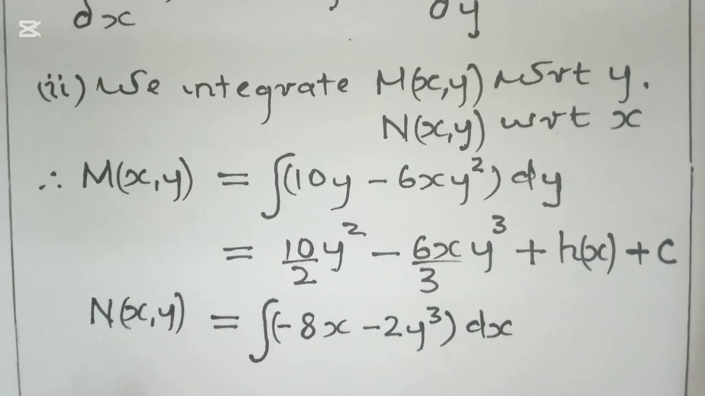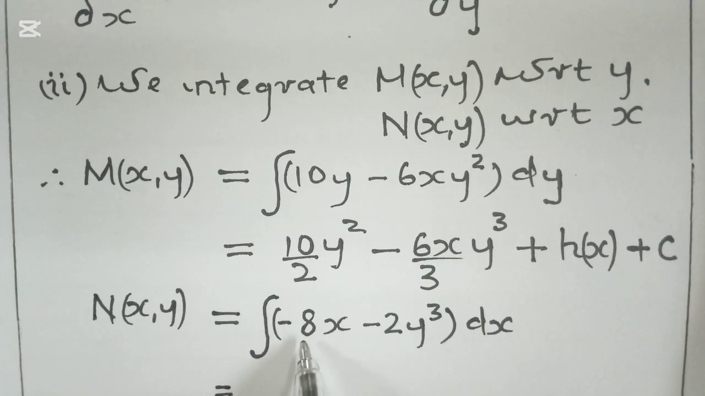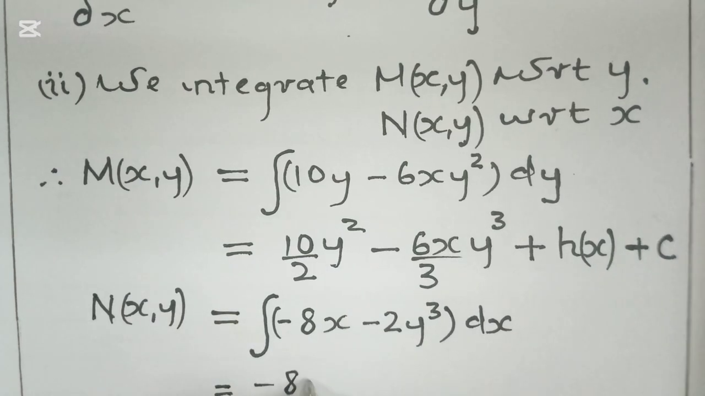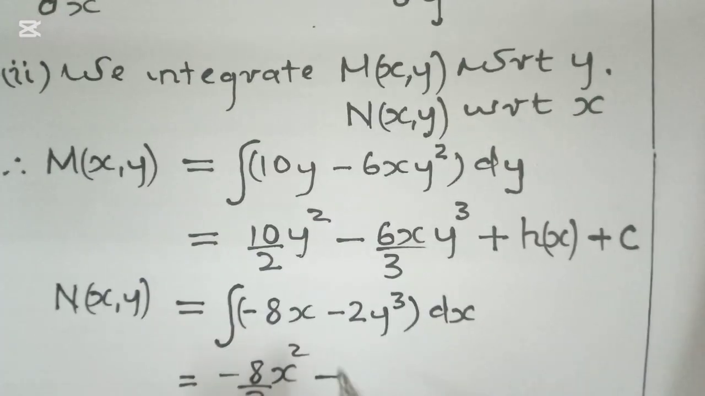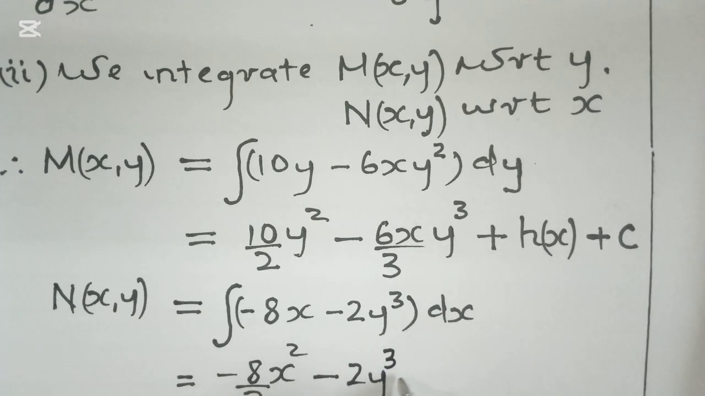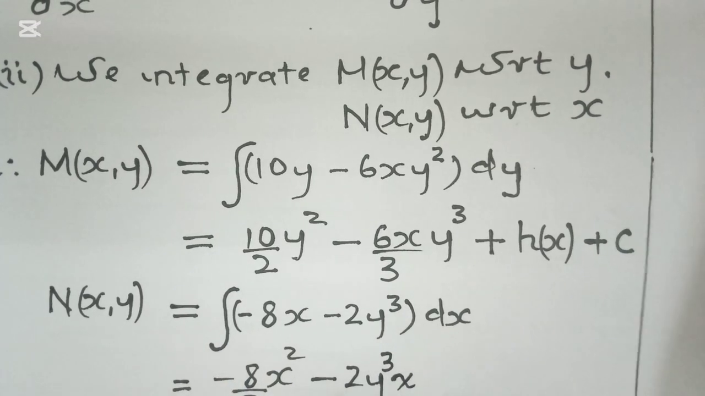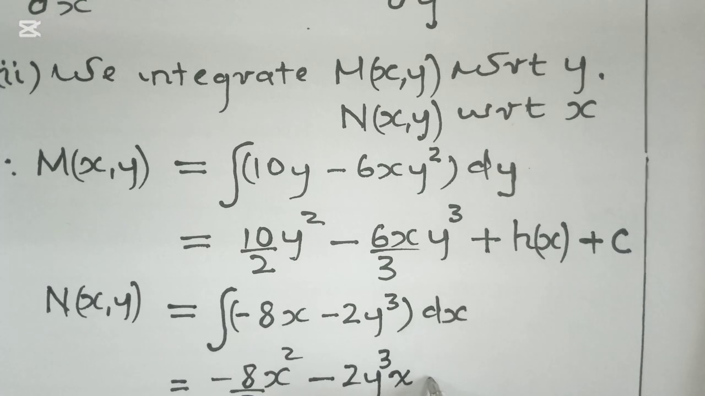So when we do that, guys, the first one will be negative 8x squared all over 2, minus, here we shall have negative 2y cubed x, like that. And then, guys, in this equation, when we integrate, we are going to have a constant, and